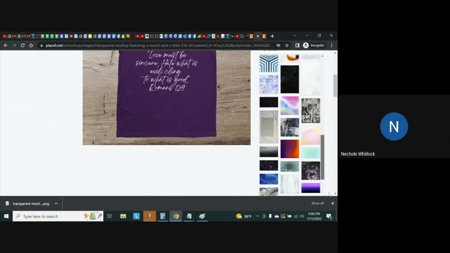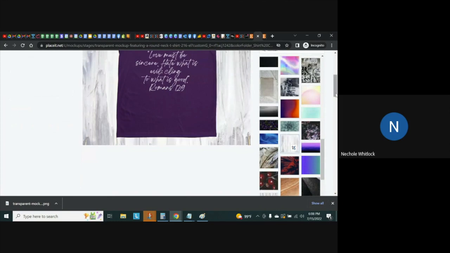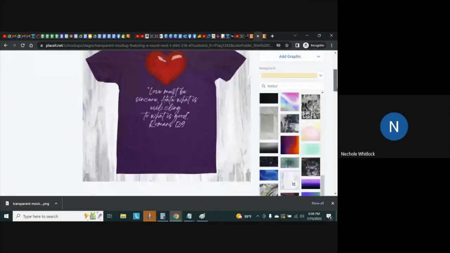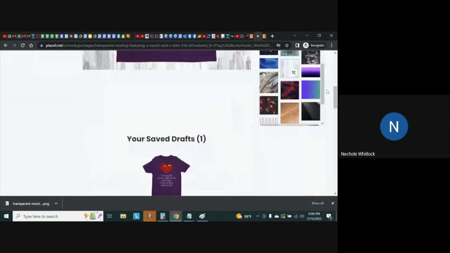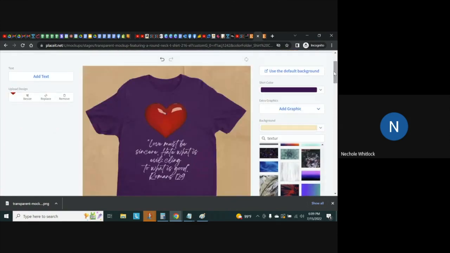So I don't see any others. Oh, here's one. That's a little lighter. Anyway, you can choose any of them that you want. I'm just going to stick with the original one that I've already downloaded. So you can scroll through here and find something that you like for the background. And then once you download it a second time, what we're going to have to do is